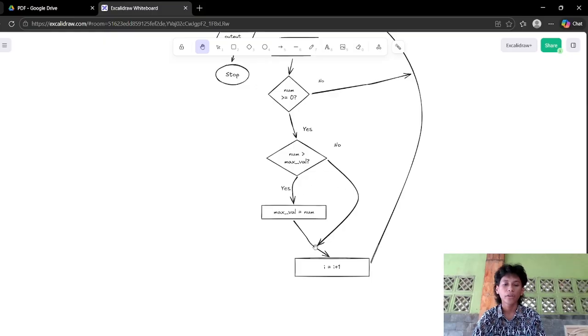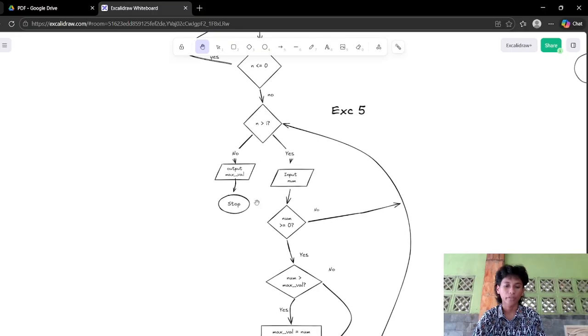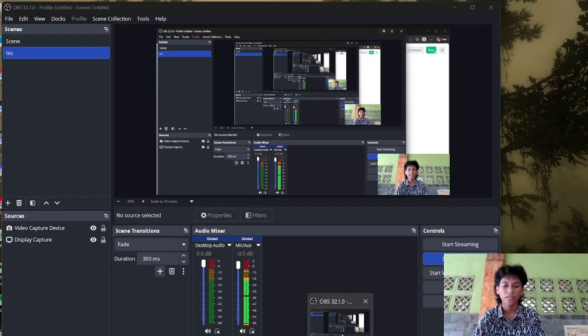And if no, it will go to I plus 1, and this sequence starts all over again, doing that until n is not larger than I. So it will go to stop. That's all from me. Thank you.